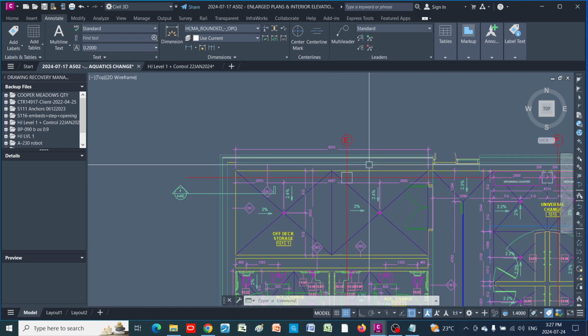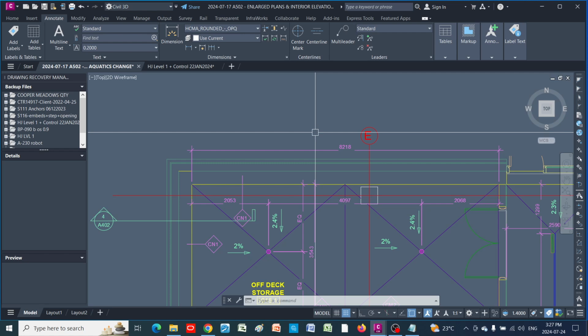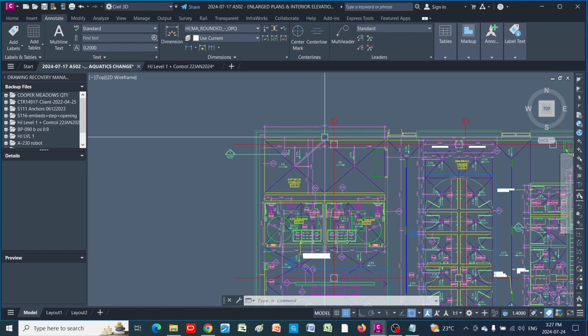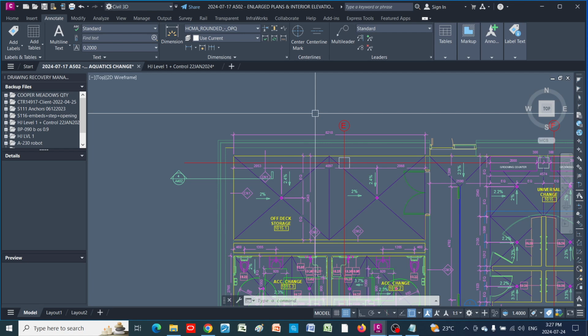Okay, so now that I verified that the scale is in millimeter, I need to reduce it to a scale of 1 meter, because the survey scale for this project is in meters.